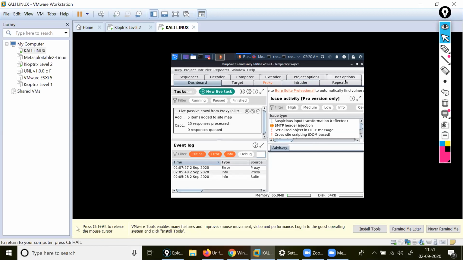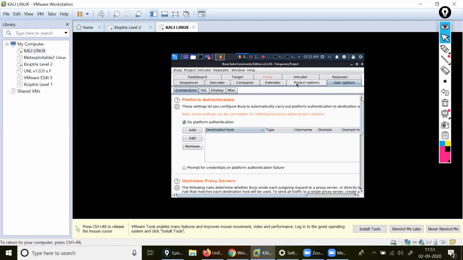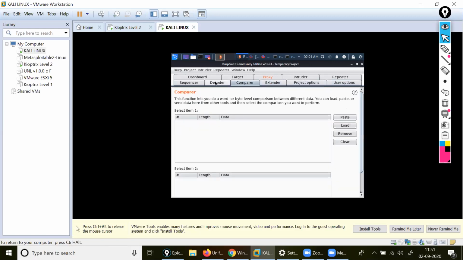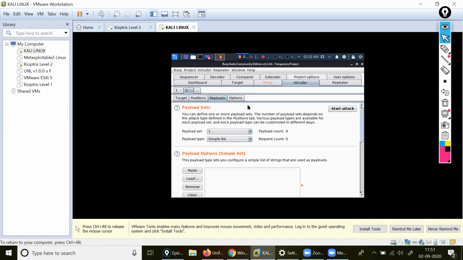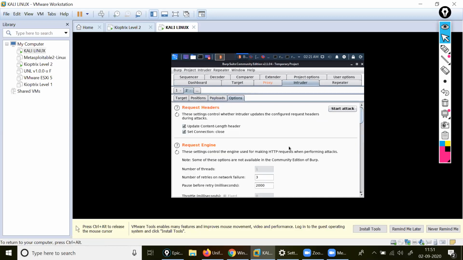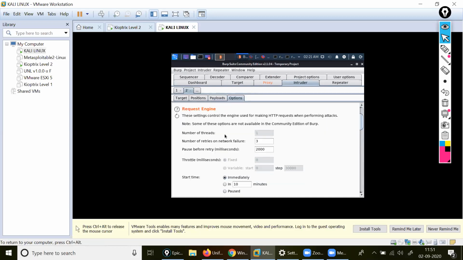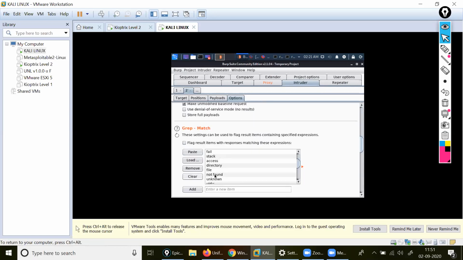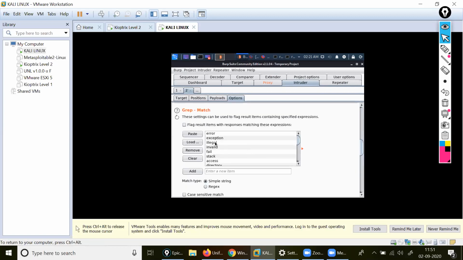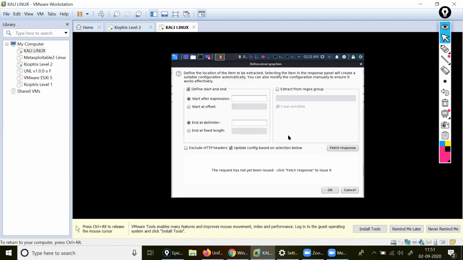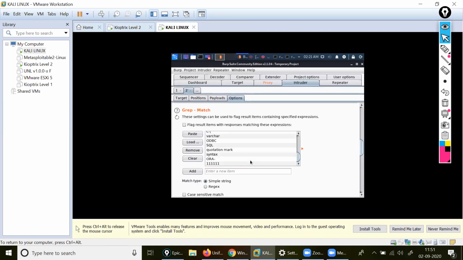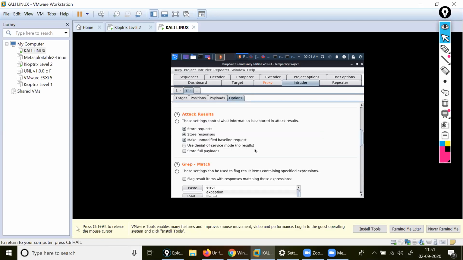and user options. Extender. Into the options. Paste. But can you manually copy and paste? No, this is not here. It will become like add. Okay. It's copied here.